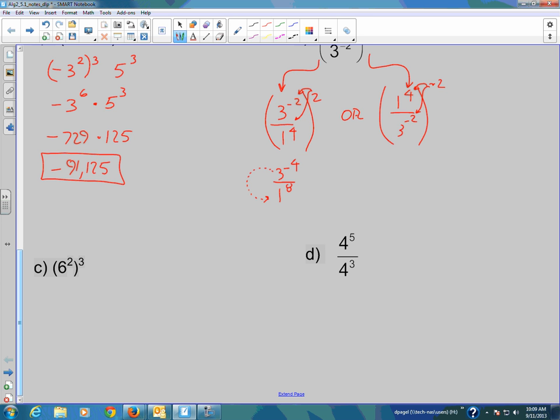Now, when you move a negative exponent down, you're not leaving a 0 up there. It's actually a 1 that's still up there. So this is a 1 over 3 to the 4th times 1 to the 8th, which is 1 over 81. On the second method, I would have had 1 to the negative